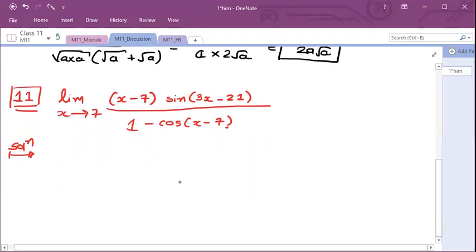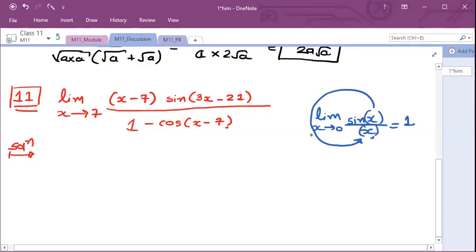Yes, Pranjal, we will go towards that question as well. We are going in sequence only. So limit x tends to 7. This is your x minus 7. Now this is your sine 3x minus 21. So for trigonometric limits, which formula are we having? We are having only this formula, that limit x tends to 0, sine x by x is equal to 1. That is, if input of sine is 0 and that input is only there in denominator, then its limit will give us 1. We cannot take 3 common, students. 3 is inside the sine. 3 is inside the sine. आप उसे common नहीं निकाल सकते.